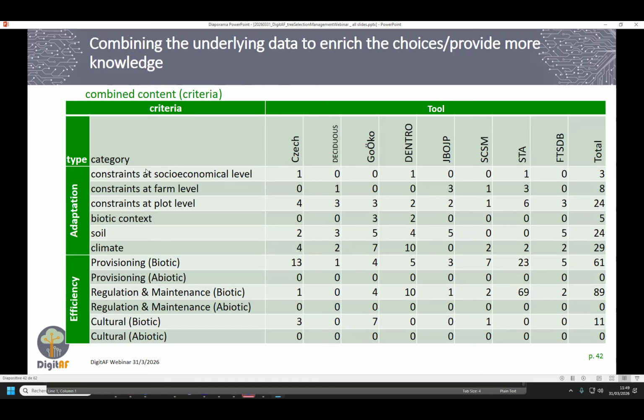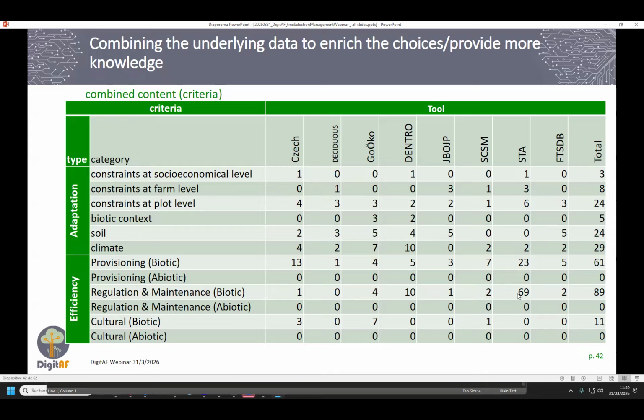You can see that for these different adaptation or efficiency criteria, each tool has a different level of focus, of specification. For example, all tools have at least something about soil and climate, but some are much more detailed in terms of regulation and maintenance for providing ecosystem services.